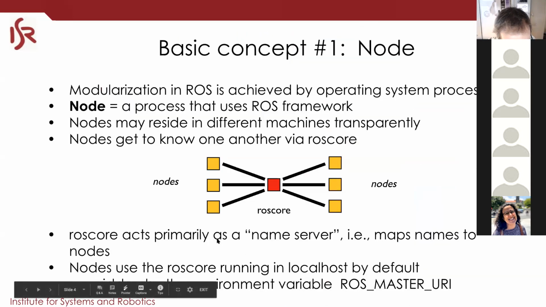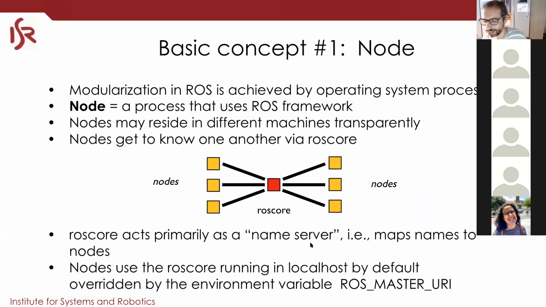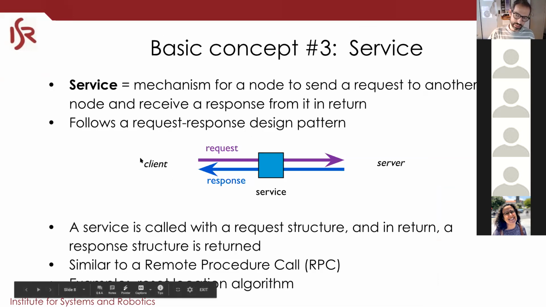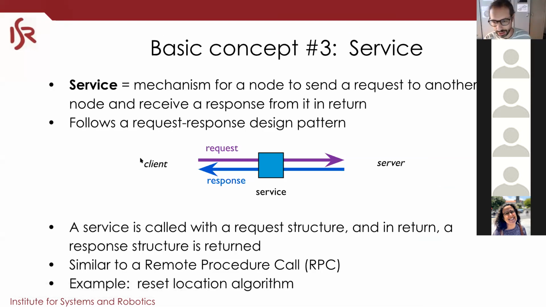That's why I said here that this is a name server. I thought that it was like a bridge for communications. Fortunately, it's not. It just tells who is which. I'm not totally sure, but I will say 90% confidence that a client will ask ROS score who is servicing this service, and ROS score will tell that the server is at this TCP IP port, and then the client will call directly the guy. Okay. Thank you.